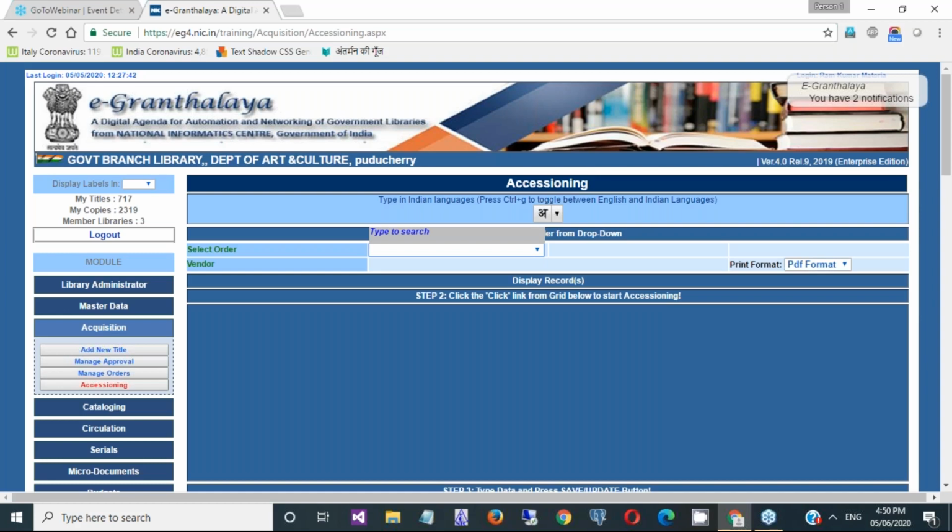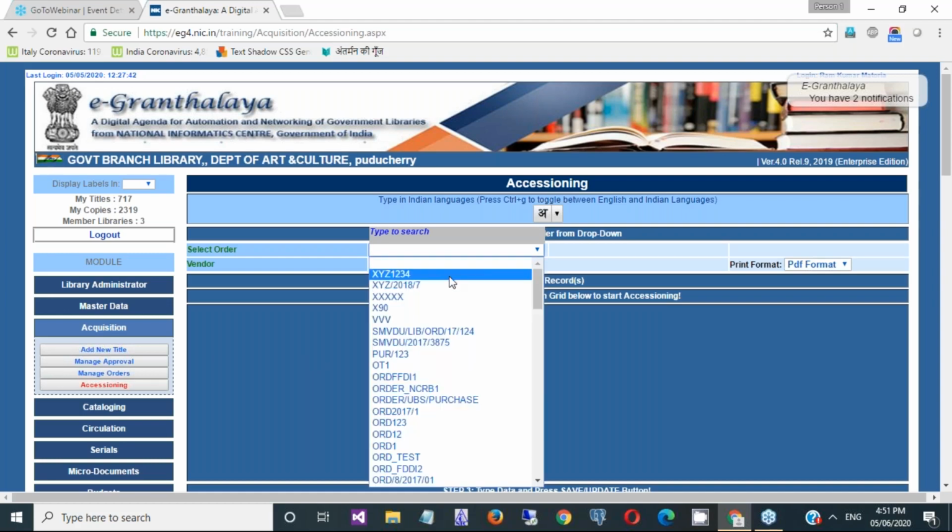They do not agree with the software records. So it means first you need to register all the new books you have procured in the library in the accession register. Then you can do accessioning here. At the time of accessioning, you need to select the order number.